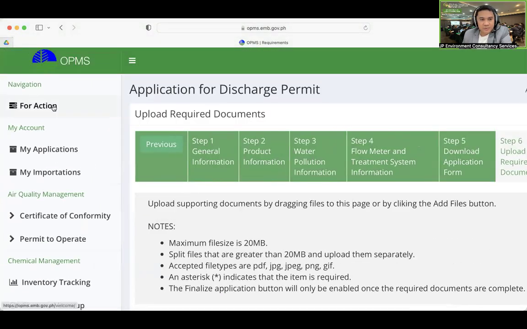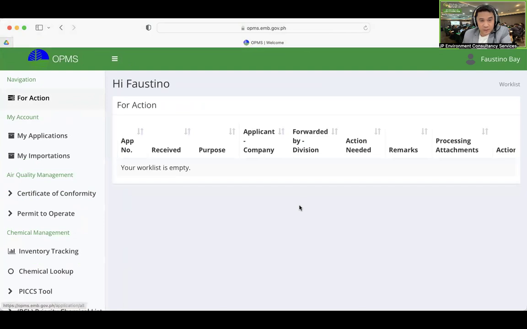In this For Action button, if there will be additional comment, or if there are things to act on pertaining to the application of discharge permit, it will appear here. Since we don't have any items here, there's no action to be taken.